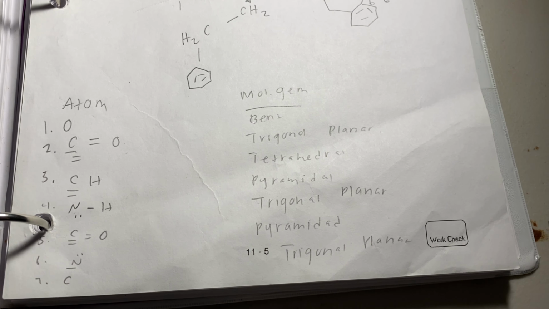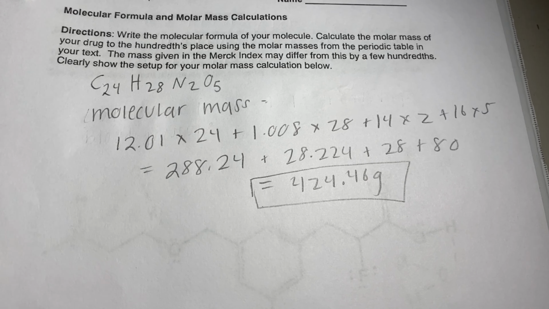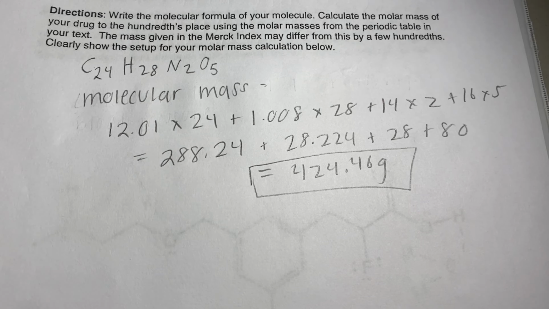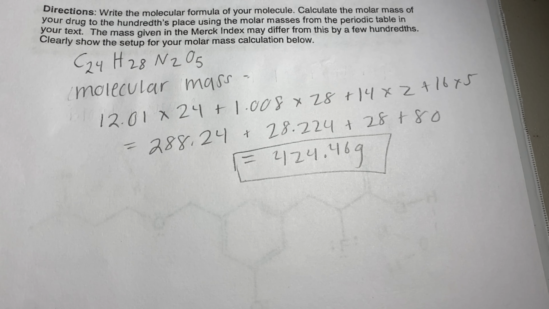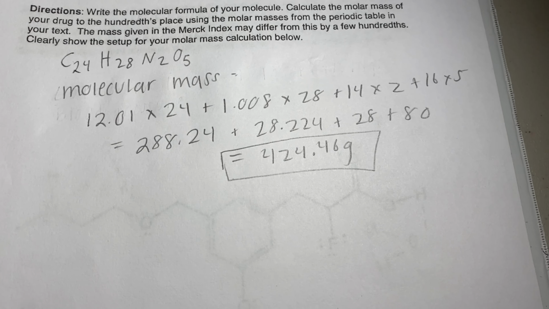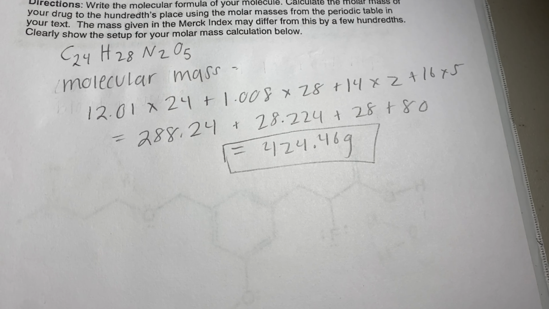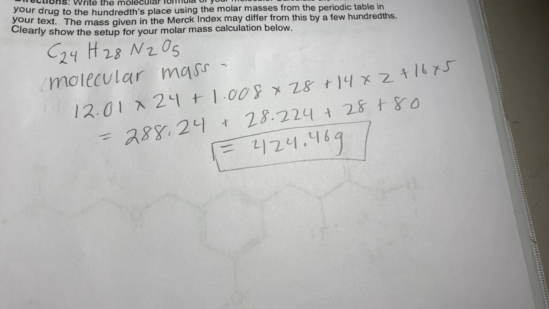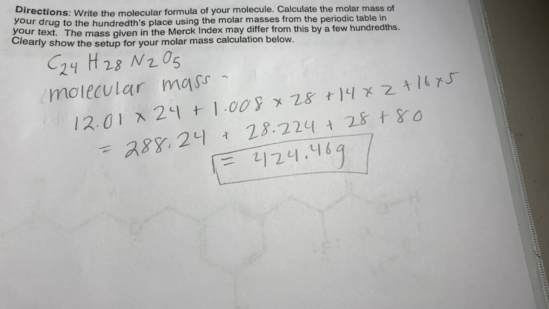So now this is the molecular formula and molar mass calculations. Molecular mass of this compound can be calculated from the sum of molar mass of individual components. I did 12.01 times 24 plus 1.008 times 28 plus 14 times 2 plus 16 times 5, and I got 288.24, and then I added 28.224 plus 28 plus 28, and I got 424.46